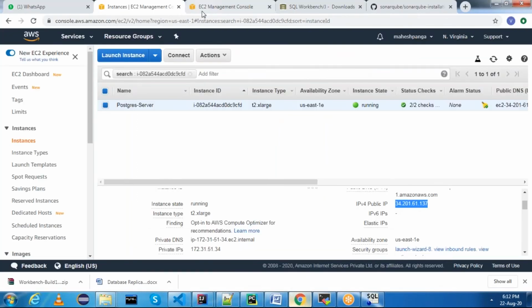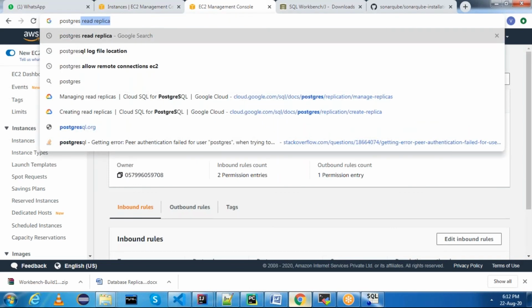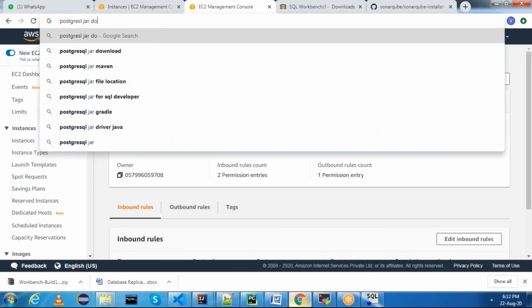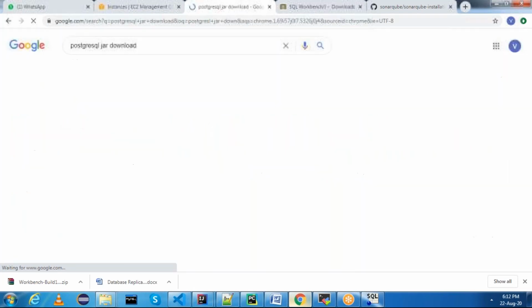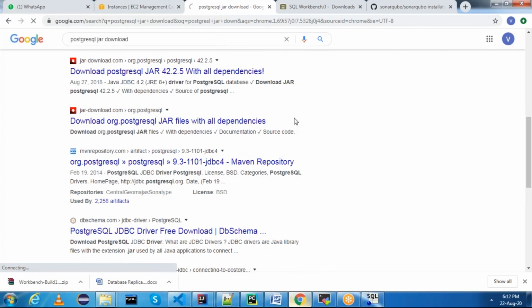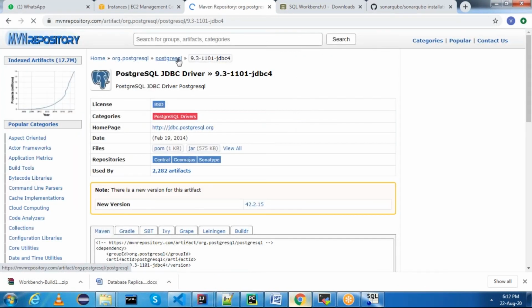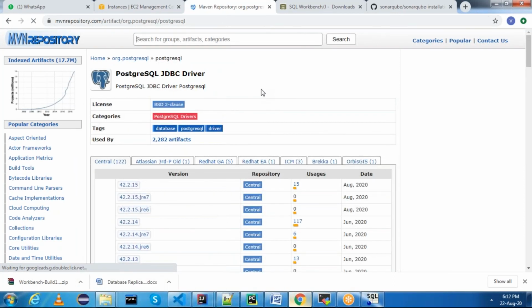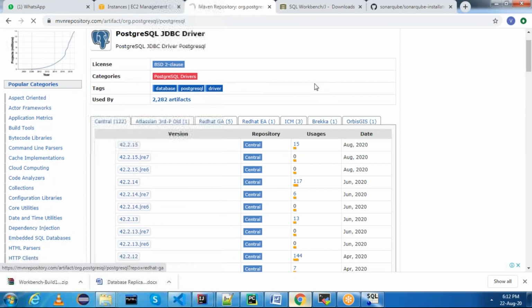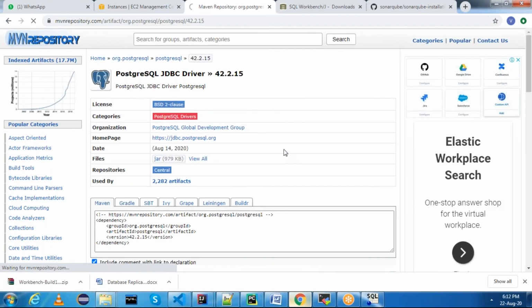In my case, it is already downloaded. Let me show you how you can download. You can search for PostgreSQL jar download. You will find the MVN repository website. Go to the MVN repository website and click on PostgreSQL. The latest version is this one; you can click on this and click on jar.